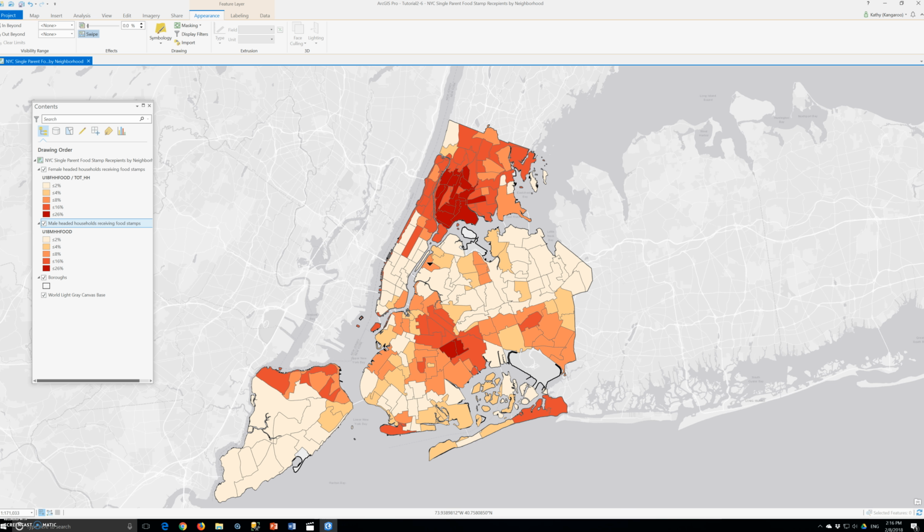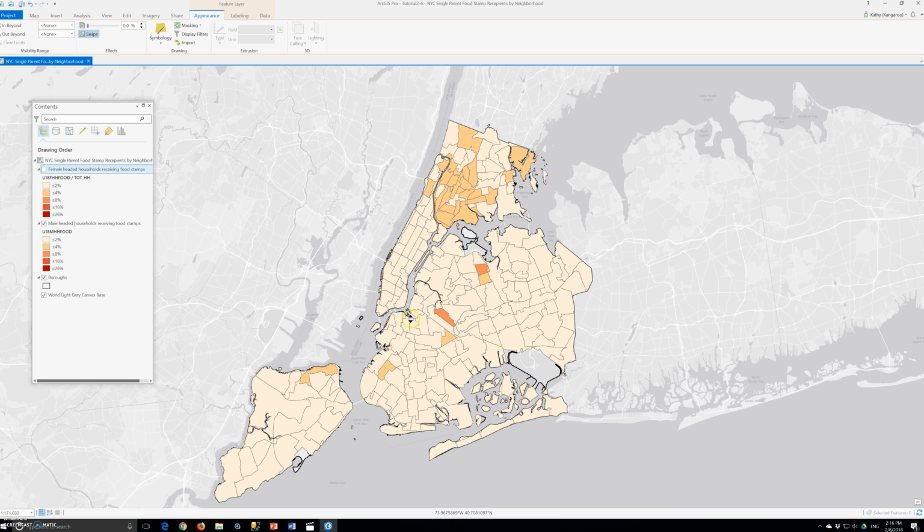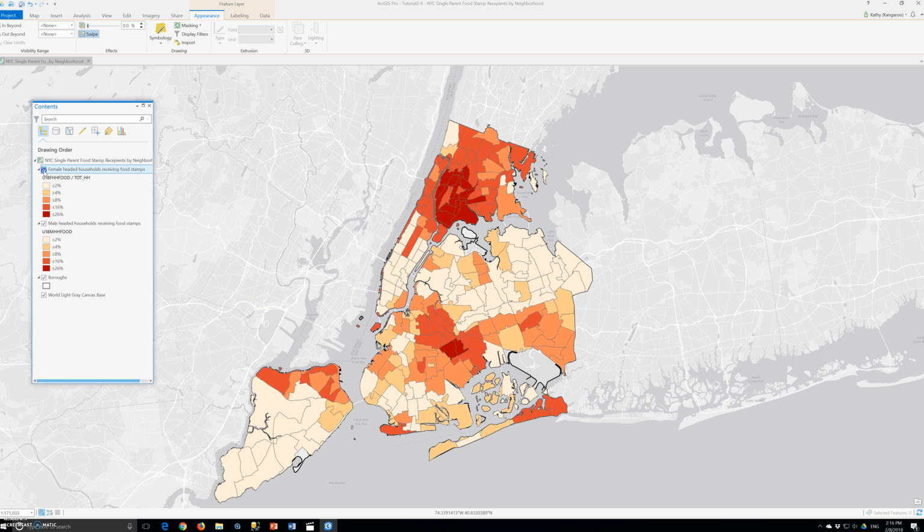Drag the cursor vertically. Alright, drag it. That's weird. This is female. I have both turned on. Is it on or